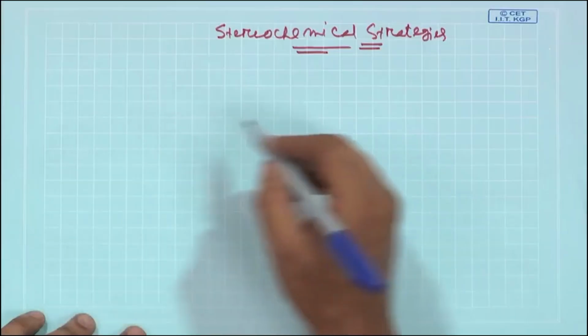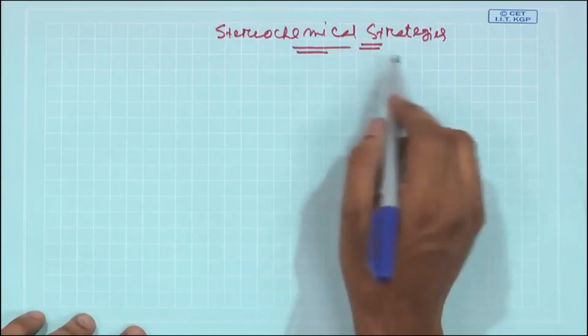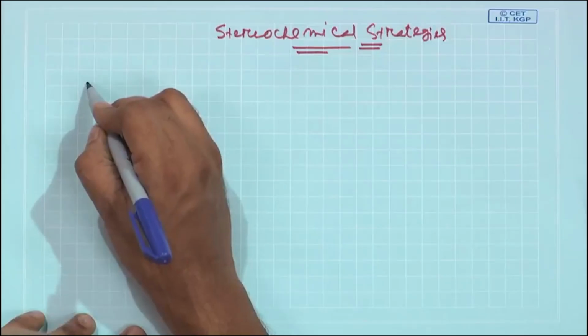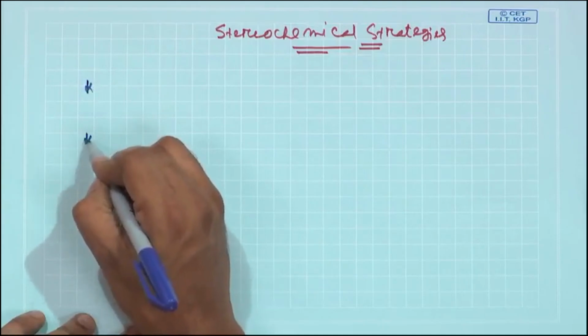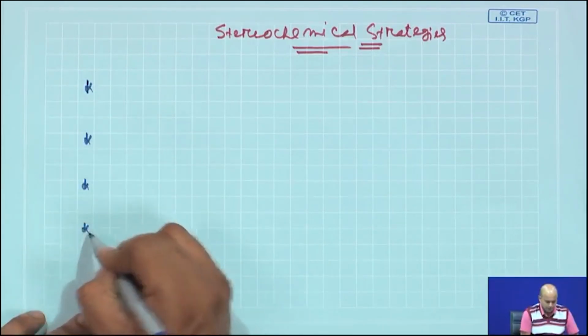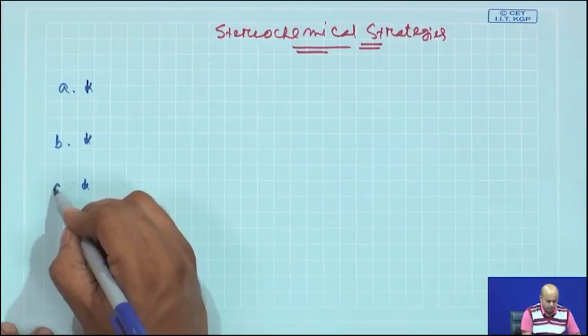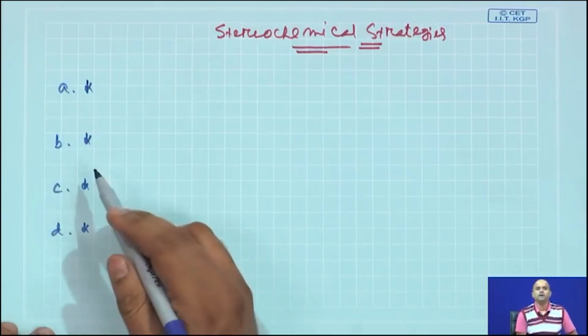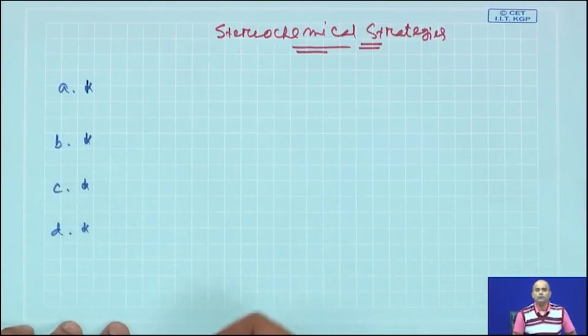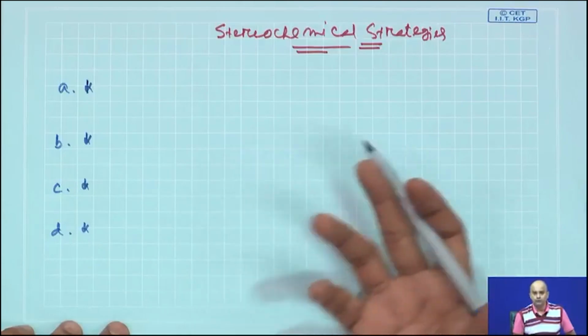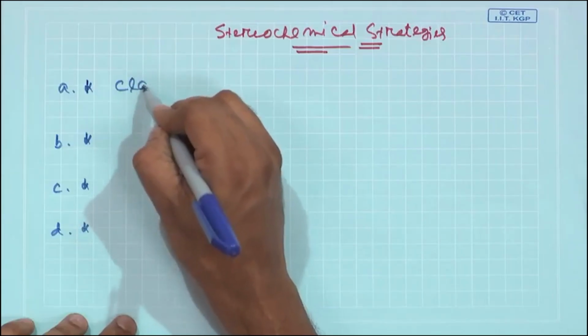We say that our main focus regarding stereochemical strategies will be on 4 different topics, and by adopting these 4 topics you can create or bring new stereocenters into the given molecule. The very earlier approach was